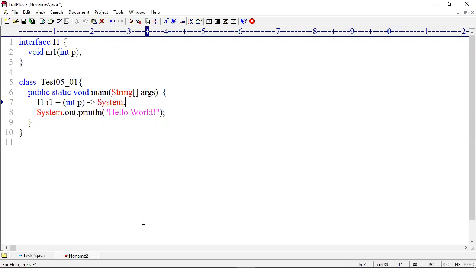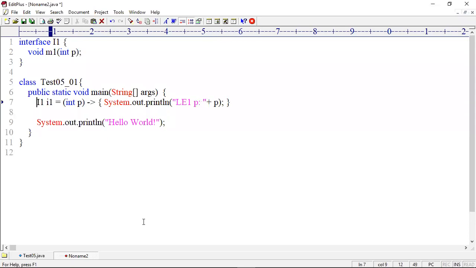Currently I'm writing a single statement. When you're writing a single statement, the body is optional. If you want, you can write the body also. System.out.println of, here I'm writing double quotes, lambda expression 1 p colon plus p.